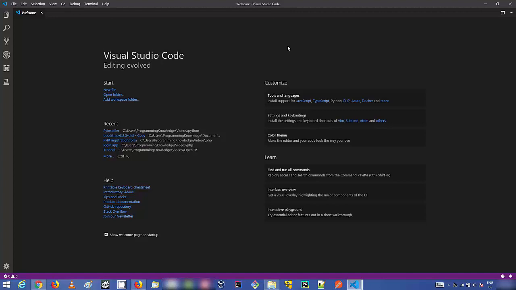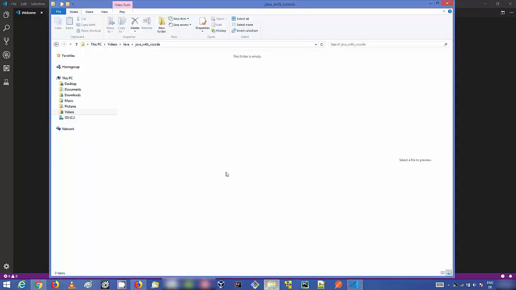So let's develop a simple Java code in Visual Studio Code editor. So let's say I want to create this project in this path on my PC under this Java with Visual Studio Code directory or folder.